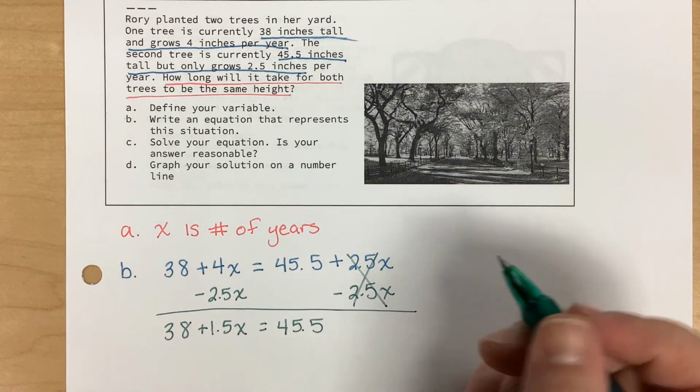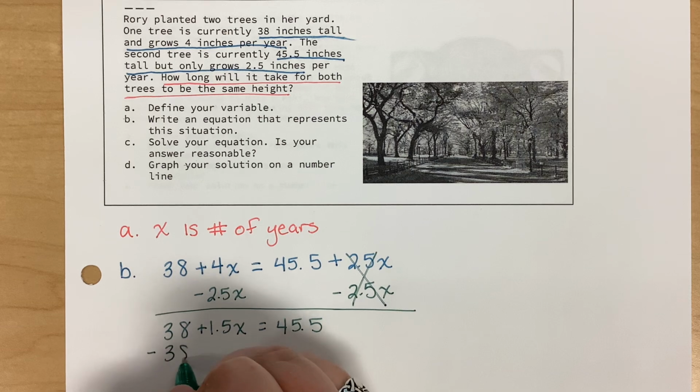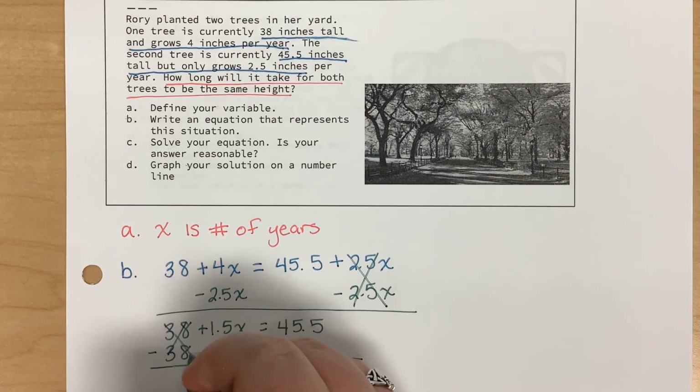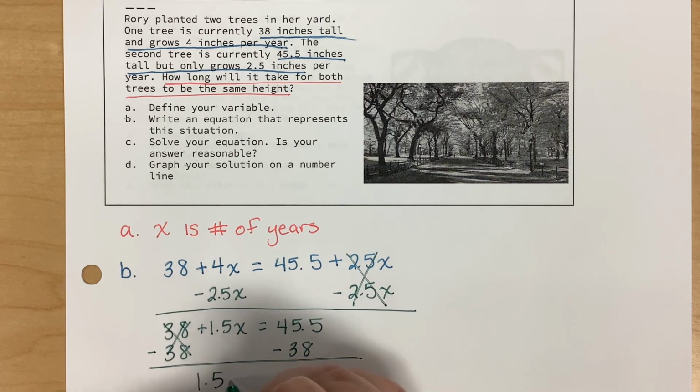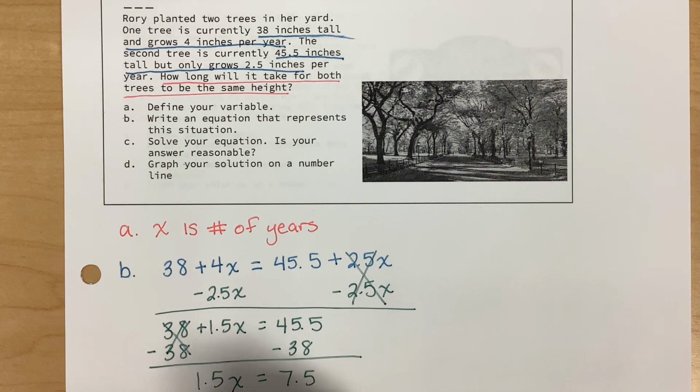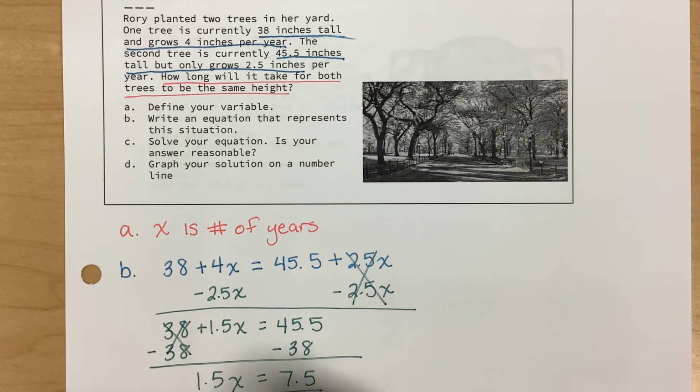45.5. Then I'm going to subtract this 38 over to the other side so that my constants are together. That's 0. I have 1.5x equals 45.5 minus 38 is 7.5. And the last thing I'm going to do to get x by itself is divide by the 1.5. So I get x equals